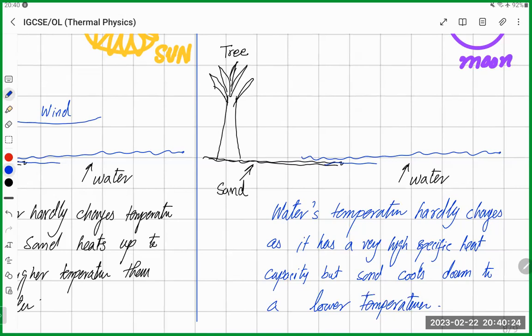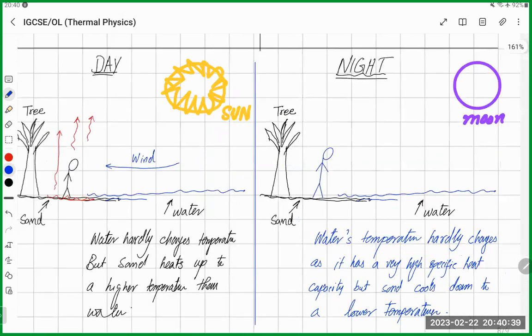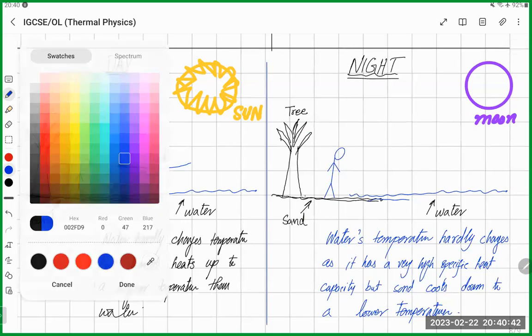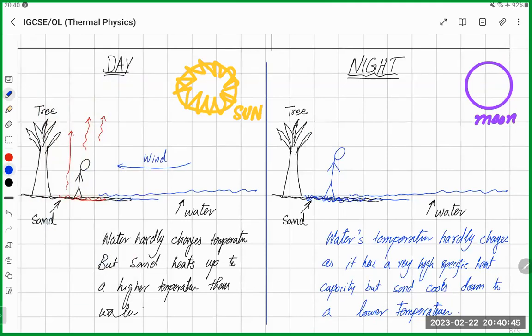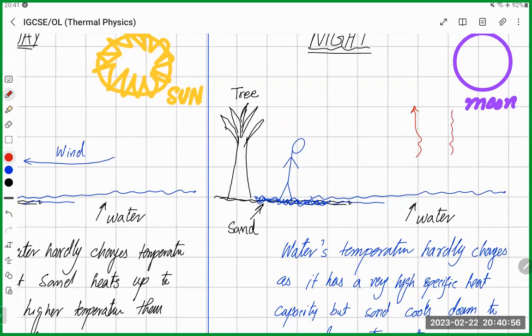So if there's a person who has come to the beach at night, because now the sand is cooler than the water, what will happen is the air on the top of the water will be rising up,